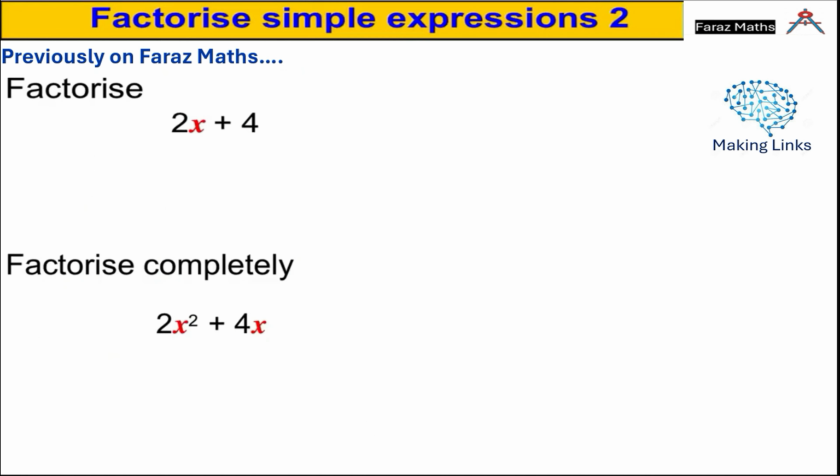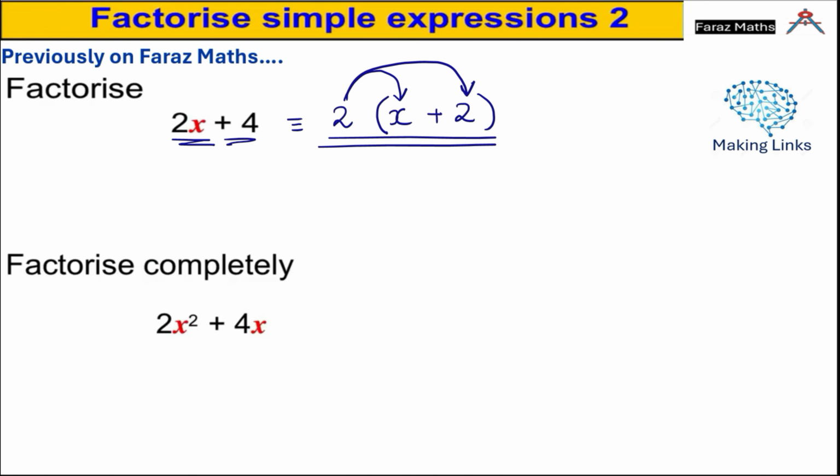Here we have to factorize 2x plus 4. So you already know how to factorize it. In between 2 and 4, the HCF is 2, and then we have to make the bracket. Now you have to think, 2 times what will give you 2x? So it is x there. 2 times x will give you 2x, and then 2 times plus 2 will give you plus 4. So that's the answer for this given expression. And if you want to double check, you can do 2 times x, which will give you 2x, 2 times plus 2, that is plus 4.